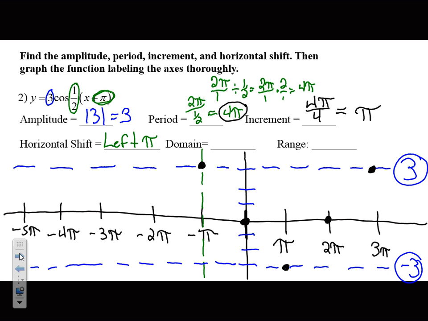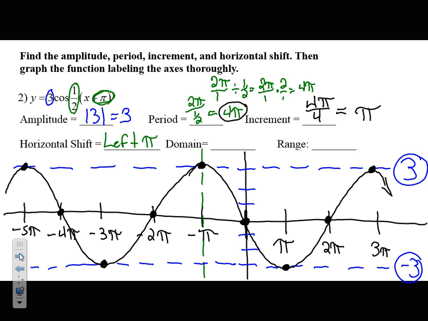Connect my points. I stopped and started in the same spot. Make sure when we get to that last point, you have to curve it down. Now here we're going, go down to the center, down to the bottom amplitude, back to the center, and we're going to stop where we started, right there on the top, the high point. We have all points. We're going to connect them, put an arrow at the end, and that is it for